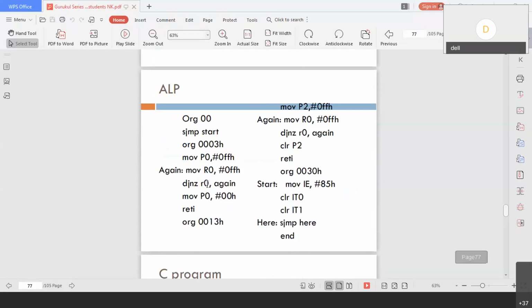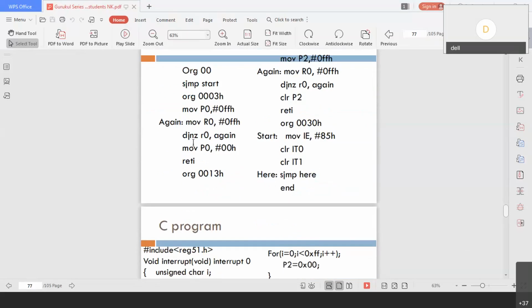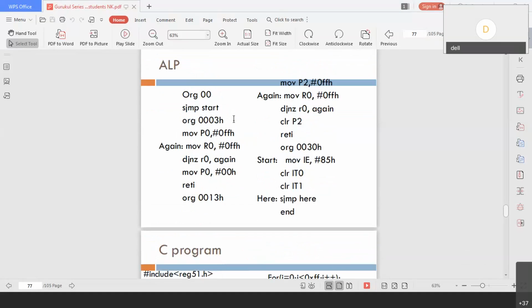So let us write the program in the same manner. If you see, go to the main program directly. In the main program we are repeating, and at 0003, this is INT0, move P0 to 0FF, meaning we are making it an input port.